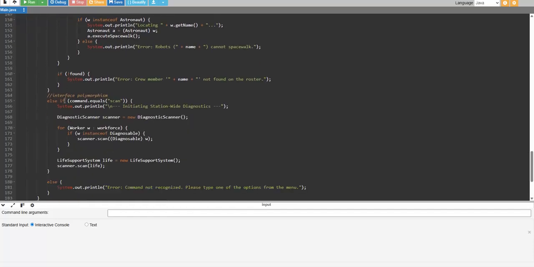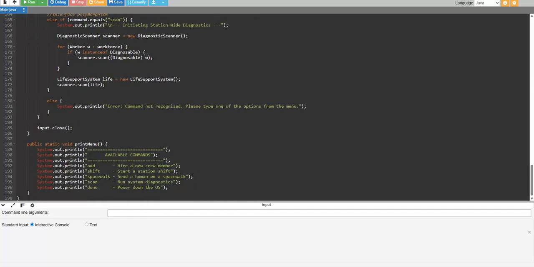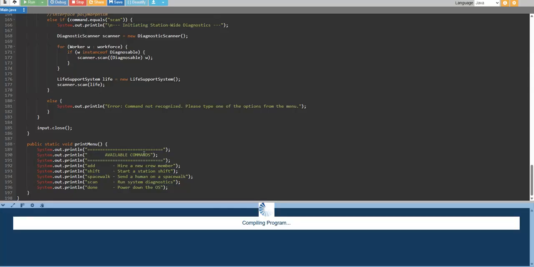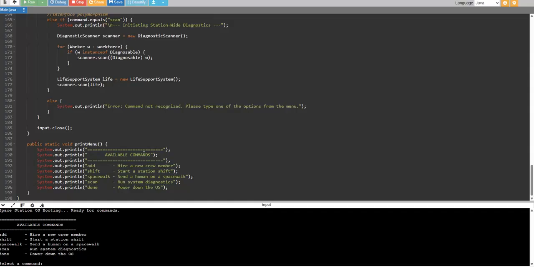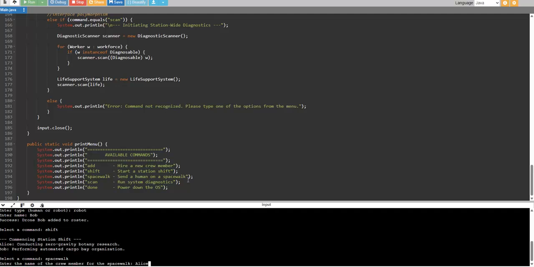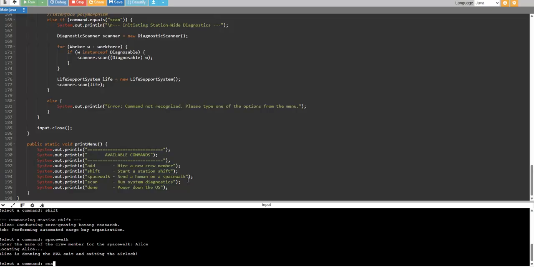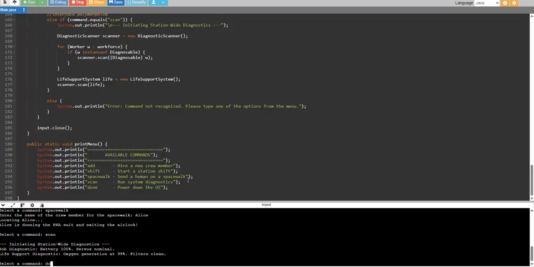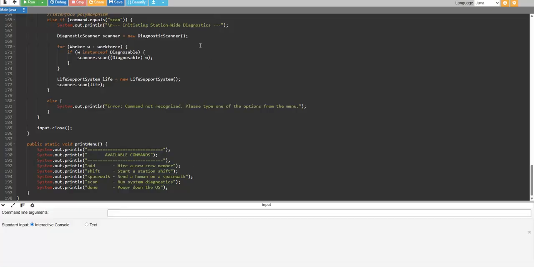Now let's run the code. And this is all the formatting, basically. So let's do add. Just the other